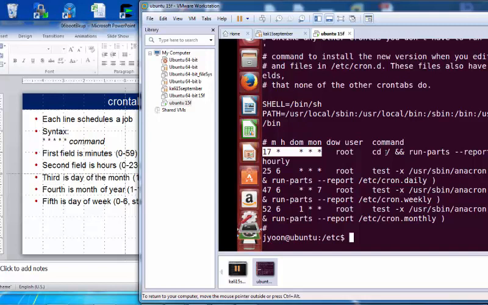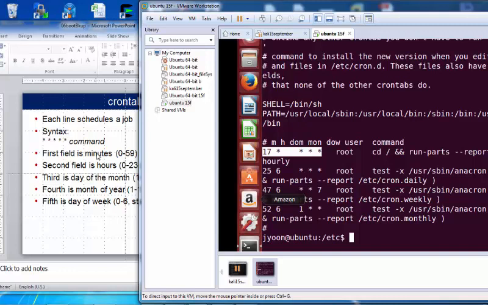Monthly, yeah. Whatever it is up here, so you don't have to. Yeah, the first one is minute, hour, month, year, and week. But all the rest, except the first, are marked star. What does that mean? Doesn't care, right? Star means doesn't care.